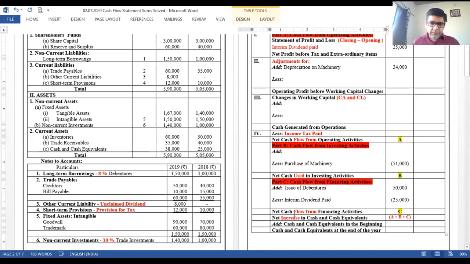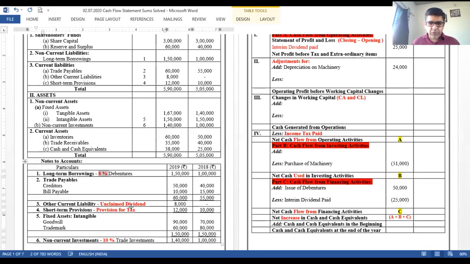Okay. After the issue of debentures, you can see that I already marked with red over here. These are the points which we need to take care of. 8% is the rate of interest that we need to pay to debenture holders. Now again, the date of issue of debentures is not given, so that's why we will be calculating this 8% on the opening balance. So 1 lakh at 8% comes to 8,000.